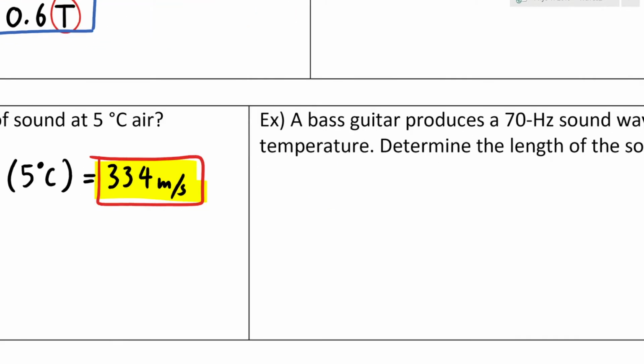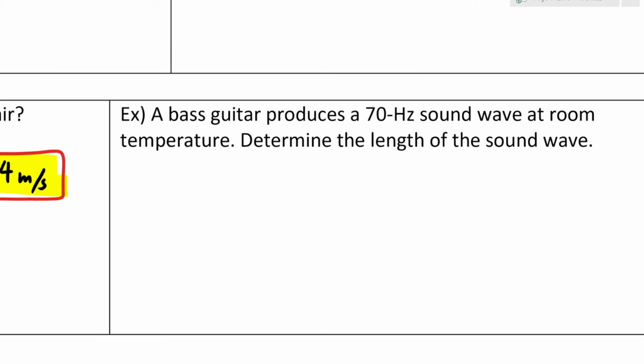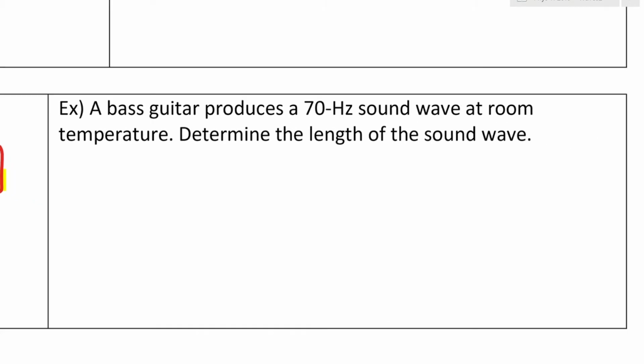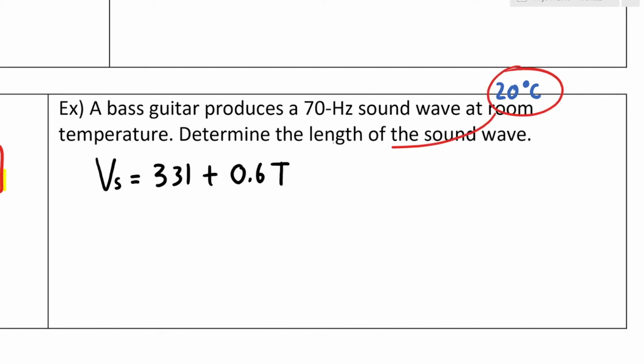Now, to the next one. Okay, so a bass guitar produces a 70 Hz sound wave at room temperature. Okay, room temperature means like 20 degrees Celsius. Determine the length of this sound wave. So in order to do this, we actually have to use two equations. First, we have to find out how fast the sound wave is in this room, which is 331 plus 0.6 times the temperature. Now the temperature is 20 degrees Celsius, so we can put it in here and get the speed of the